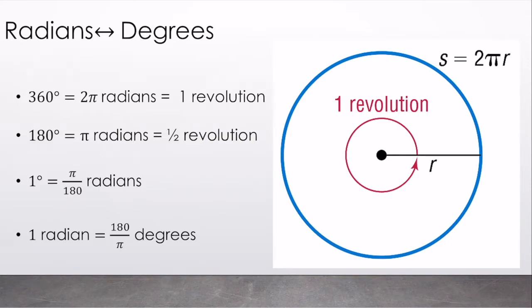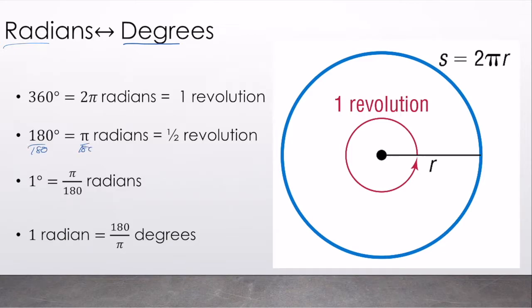So let's talk about going between degrees and radians. 360 degrees, which is one full revolution around our circle, is 2 pi radians. Half of a revolution around our circle would give us that straight angle of 180 degrees, which is only pi radians. So if I want to convert from degrees to radians,